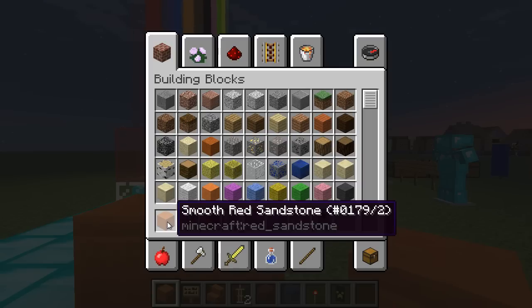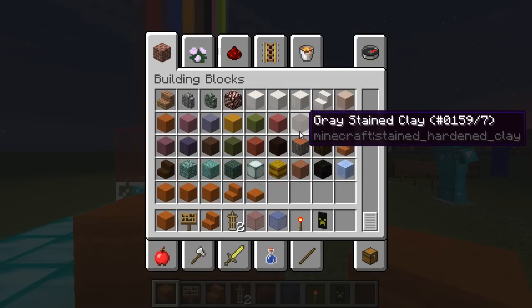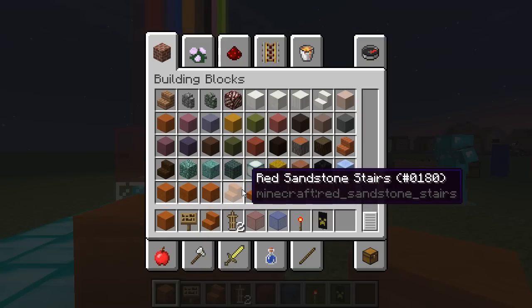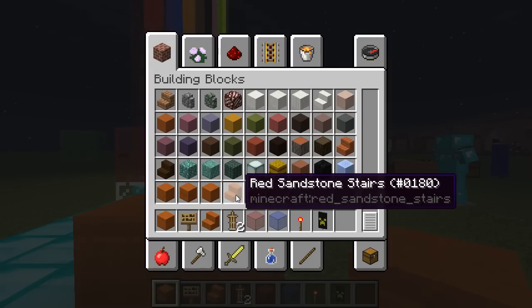So it's just like the sandstone line of materials, except now we've got it in a reddy orangey colour, I guess. It's not really red if you ask me, but there we go. Look, red, chiseled, smooth, normal stairs and slabs. Not much else to say about that, but it is another colour being implemented into the game with different textures,